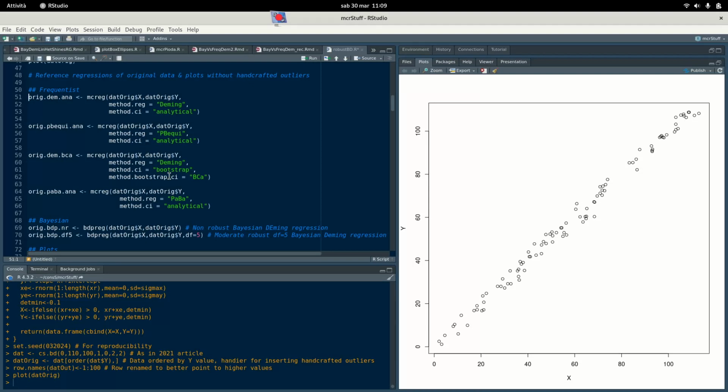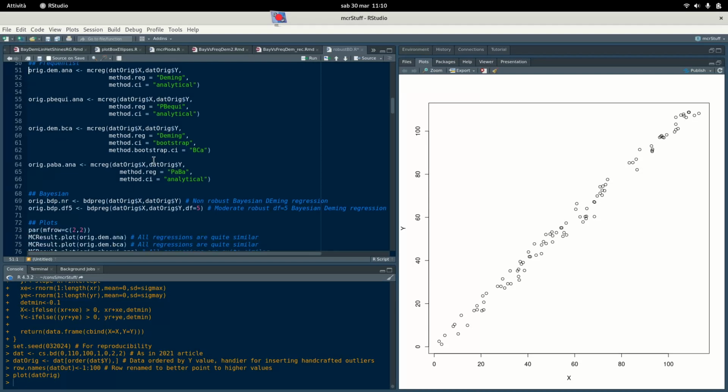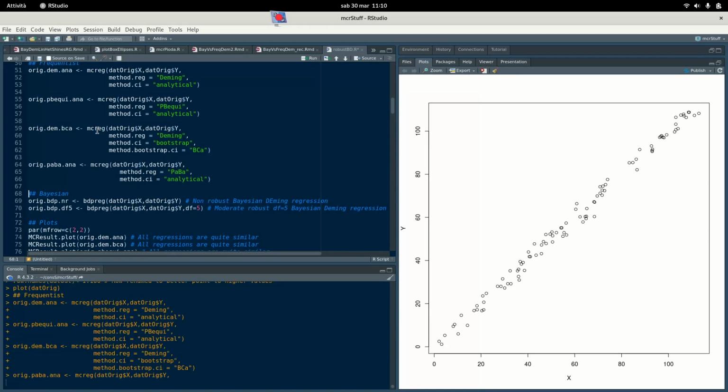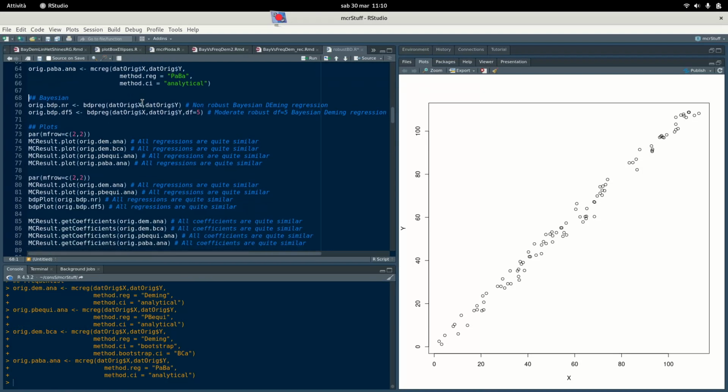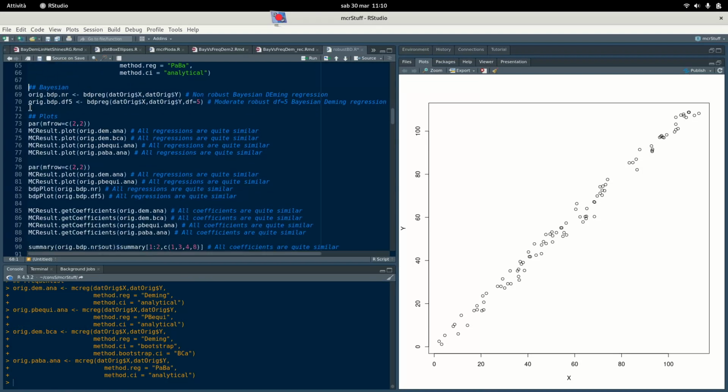We can run Deming with bootstrap and BCA confidence intervals. Coefficients of these two will be the same, confidence interval not necessarily. And we have also the traditional original algorithm for non-parametric Passing Bablok of 1983, which is on the list. So I can execute all these four methods, and on the other side I can use Bayesian Deming,